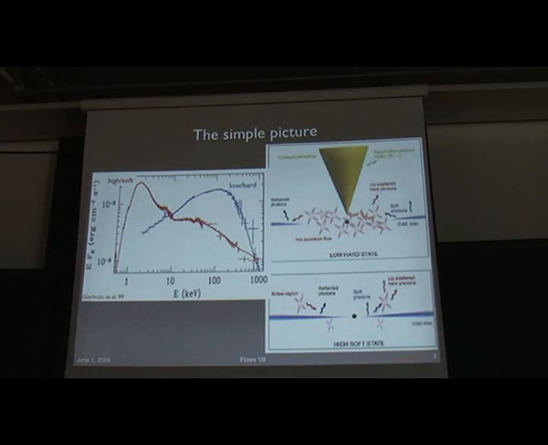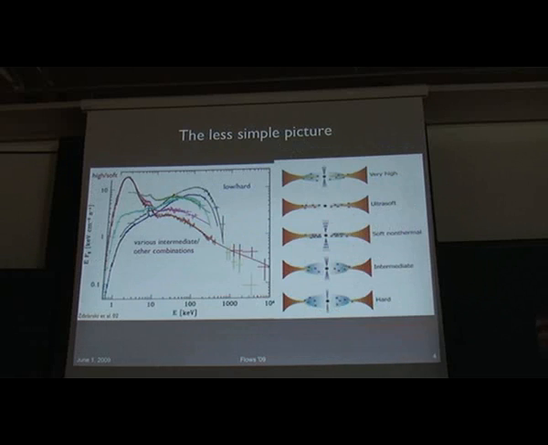Stefan also mentioned that in the high soft state you have the accretion disk extending down to the last stable orbit around the compact object. In the hard state you might have a truncated disk and then a hot accretion flow in the middle. This is still a big question that I will get to at the end. In the low hard state, as Stefan mentioned, very importantly, you often have these compact jets.